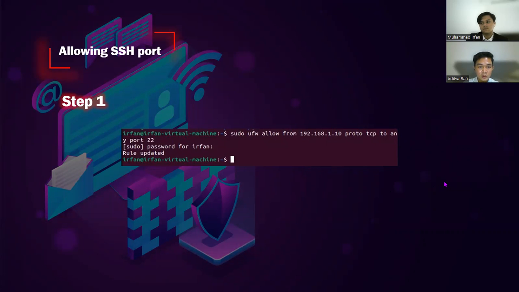To configure SSH, enter the syntax sudo ufw allow from the intended IP. Because here we try to remote our Ubuntu, we use the Ubuntu IP, 192.168.1.10, proto TCP to any port 22. Next, enter our Ubuntu root password.